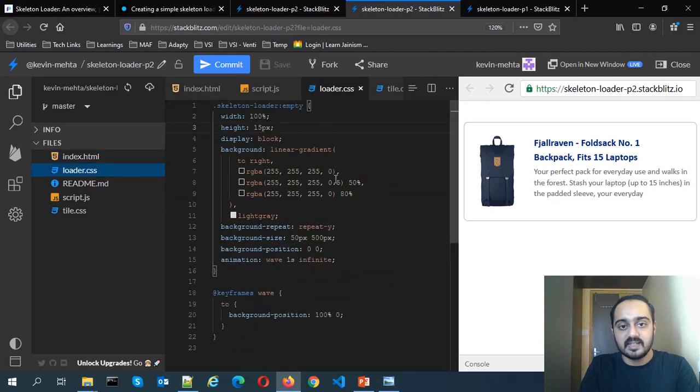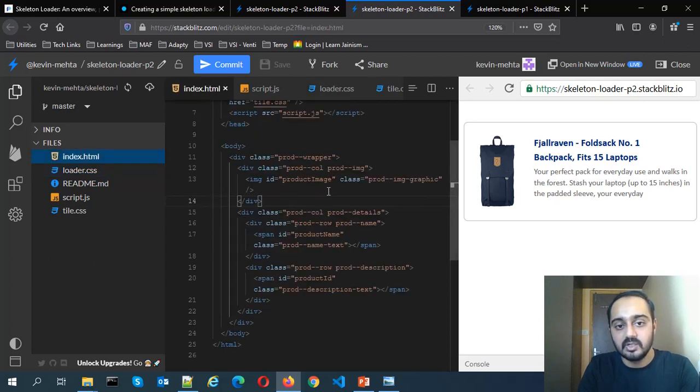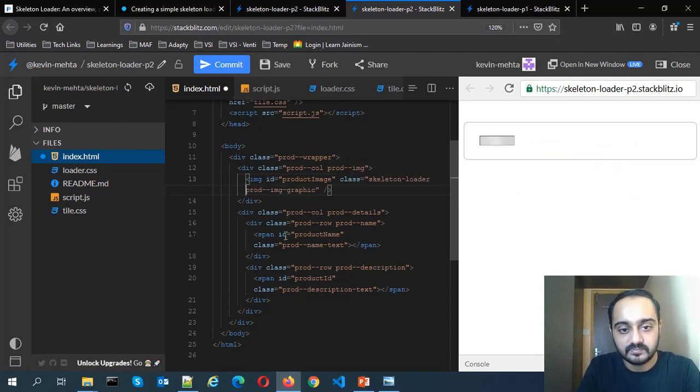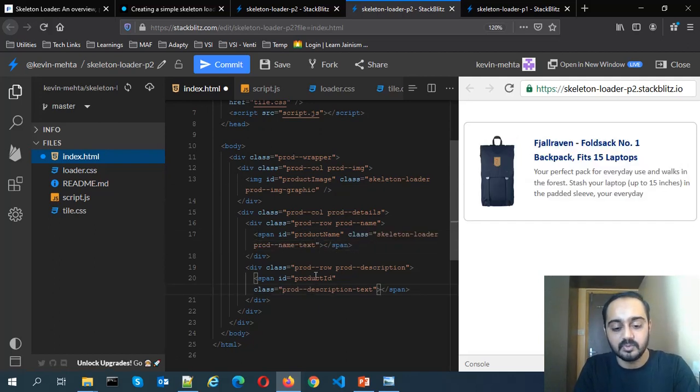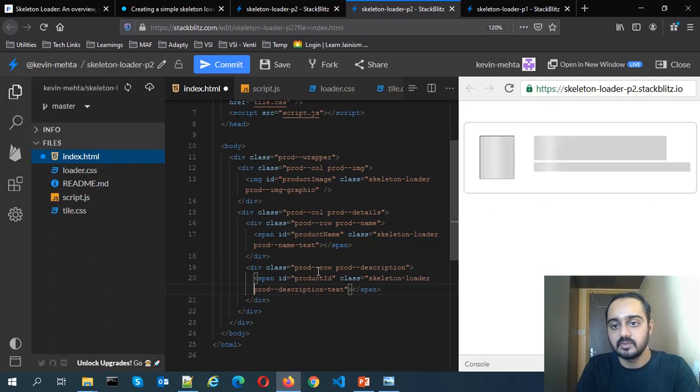In the loader CSS, we have designed our skeleton loader and the class name is skeleton loader, so let's apply this class to the appropriate placeholders so that it will show the skeleton loader. This is for the product image, this placeholder is for the product name, and this is for the product description.